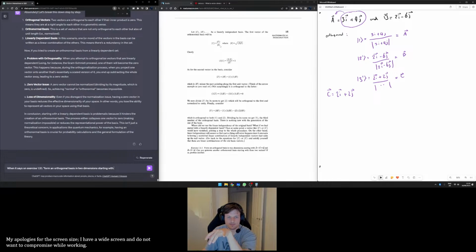But it says form an orthogonal basis in 2 dimensions. So it means that these together must be 0. So if I were to go and figure out if these are orthonormal, well, I guess i and j just need to be,